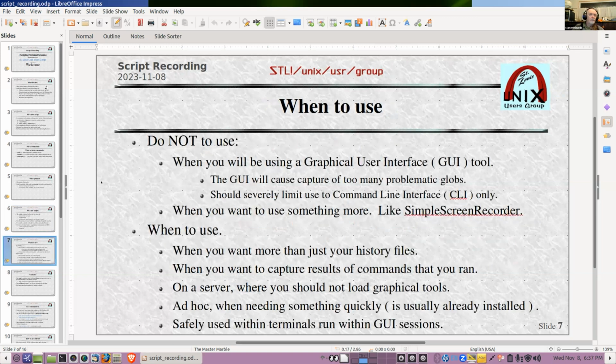When to use it? The first thing you want to know is you do not use it when you're going to be using graphical user interface tools. Some of the things that you think of as graphical tools will work. That's what they call ncurses. I'm not sure how to define that for somebody that's not familiar with